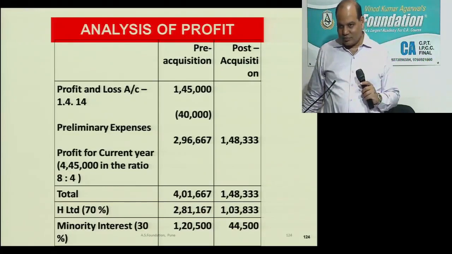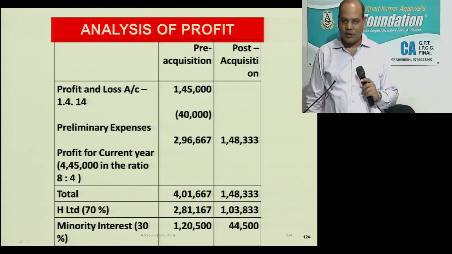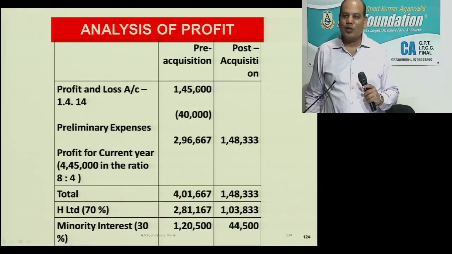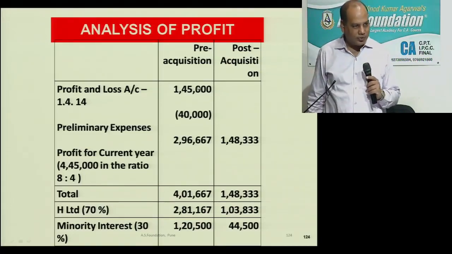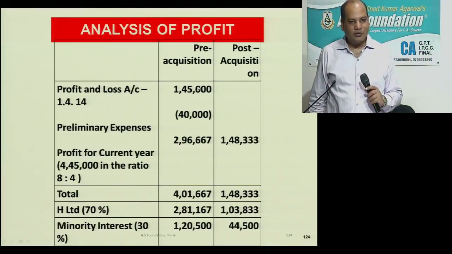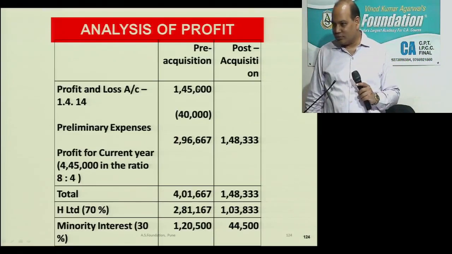Preliminary expense. What do you want? Otherwise you first write it off, your profit will reduce and write 1,05,000. It is also a negative reserve. Or otherwise you can first write it off against P&L account, and then the balance of P&L account will become 1,05,000. So in any case you have to reduce it from 1,45,000. So either separately write down or make a working note one first. You want to make a separate working note for writing off preliminary expenditure? No. We don't have so much time.